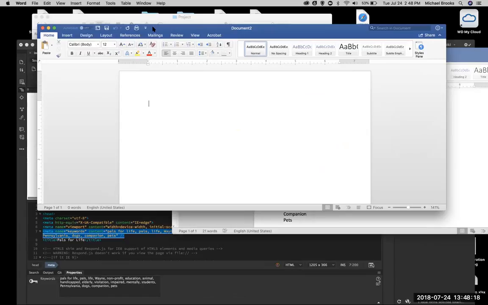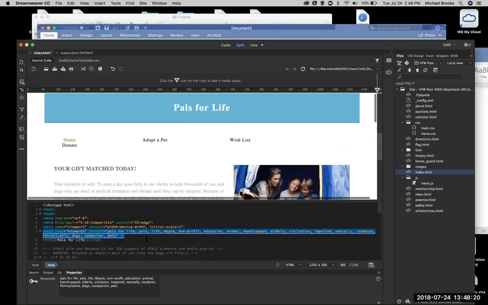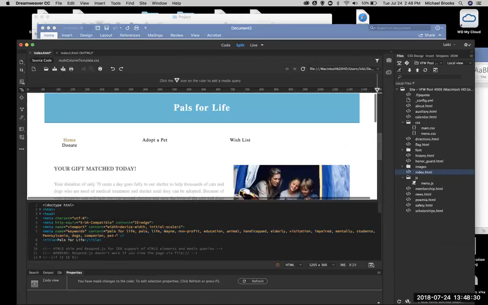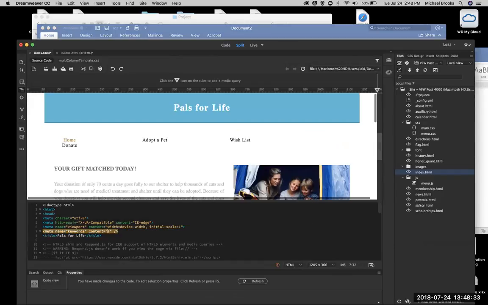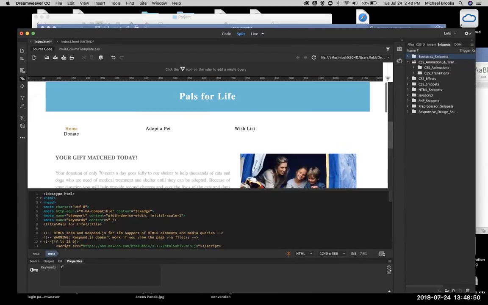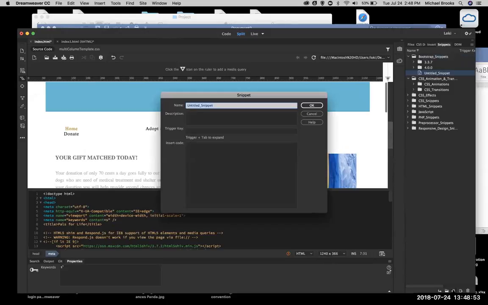Okay. Well, let me show you something else here really quick. Let me take out the words. Okay, we just went to Word. We were going to do it in Word, but guess what? I have a way to create my own code snippets. And the Dreamweaver snippets, right? Yep, and look,